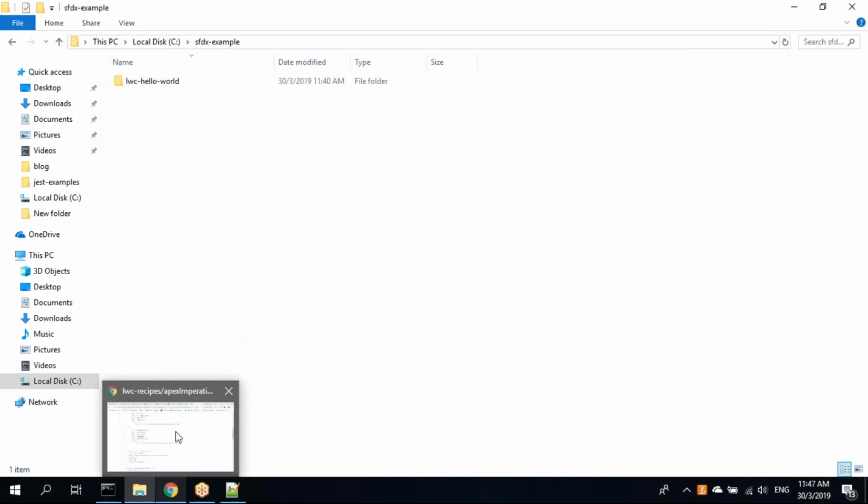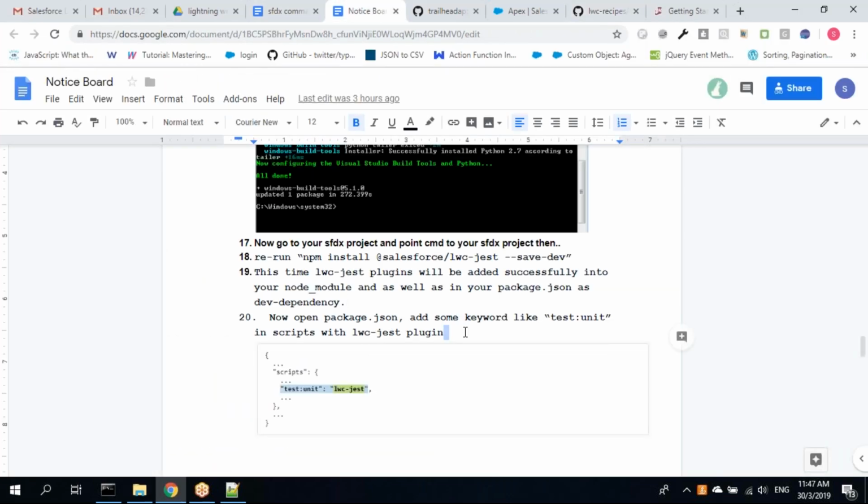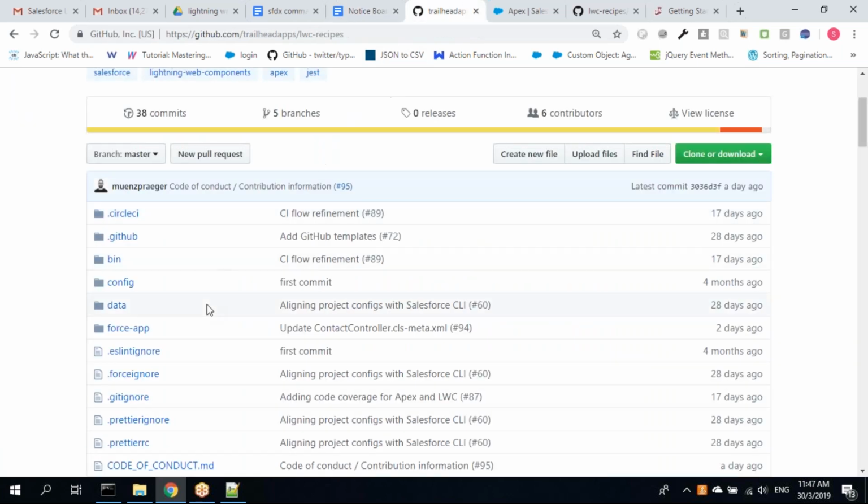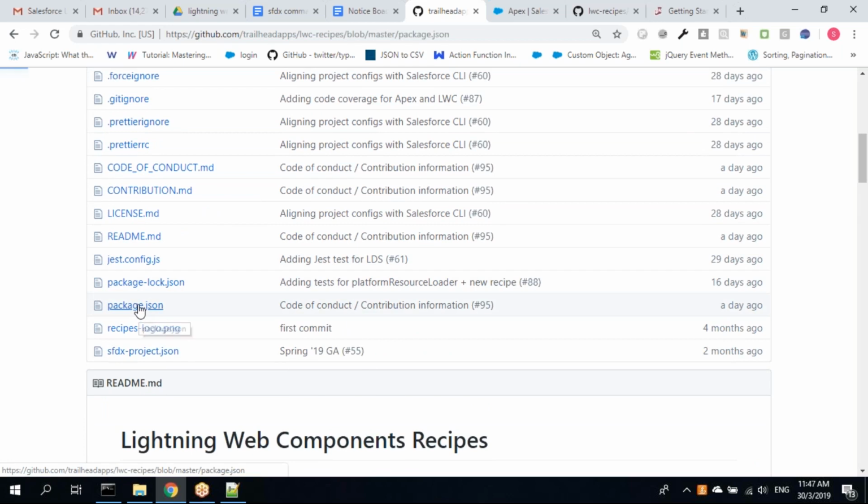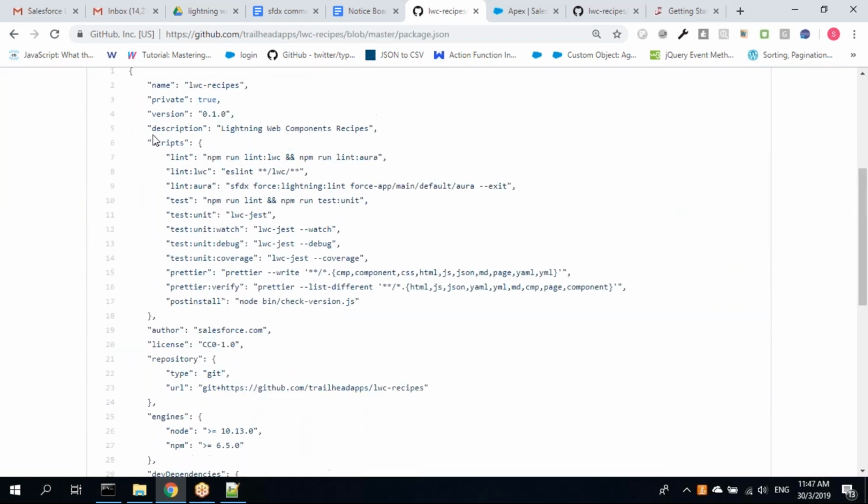So now let's carry on with the discussion. So अब okay package.json हाँ this is fine, ये होने के बाद it will be added to your dependency. Now you have to place your keyword ABC in your scripts to run the LWC plugin. So the same thing these Salesforce guys have also done. In the package.json, they have mentioned the same thing, script में you can see test.unit. So हमारा keyword is ABC, this is the keyword, so you have to go to your SFDC project and type npm space run space test.unit